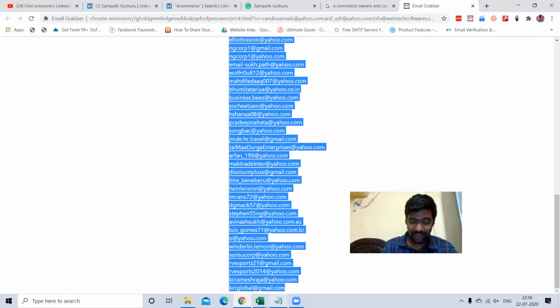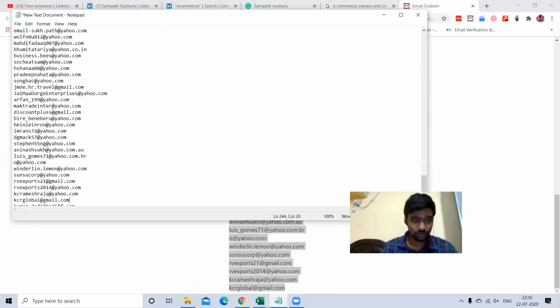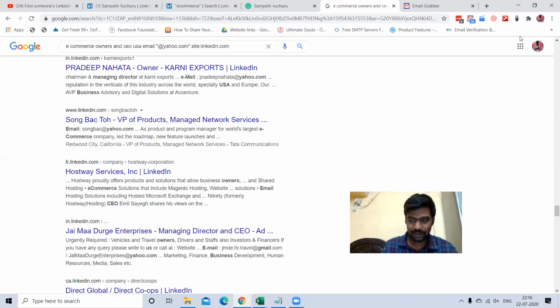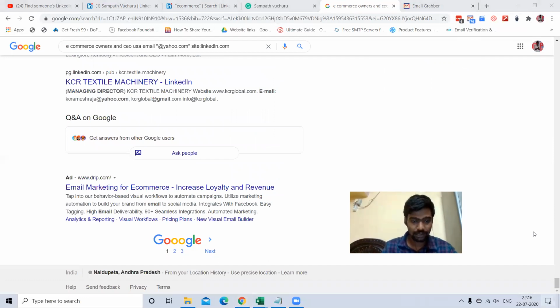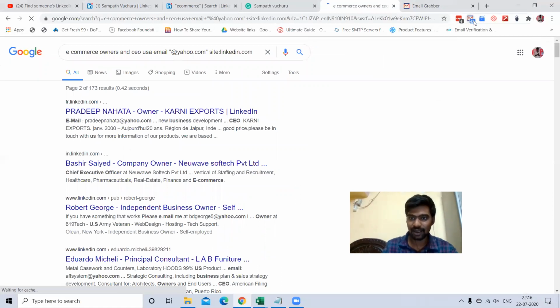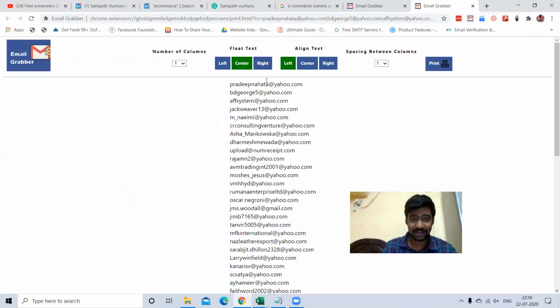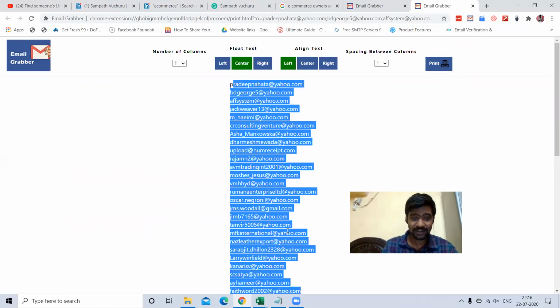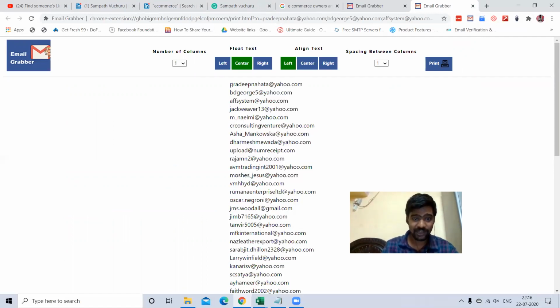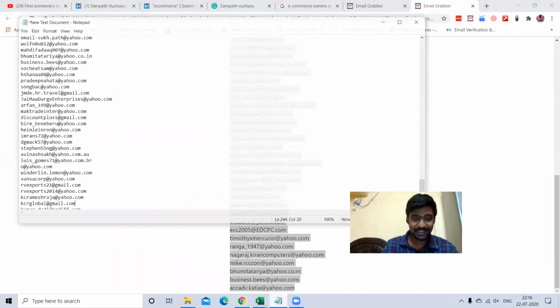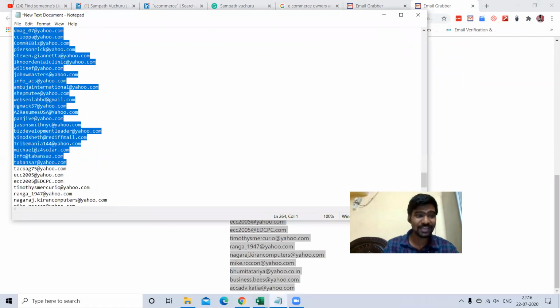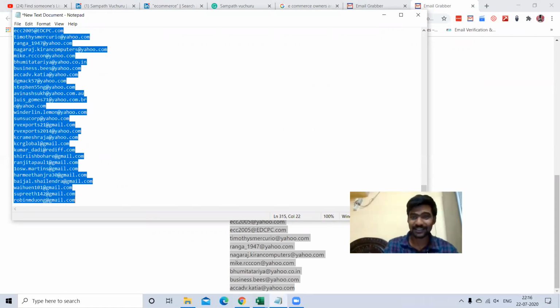See, earlier I copied only one page of Rediff results. You can go and collect the second page results also. The same like this, go to the second page and collect the second page results again. See, here again we are able to see 62 email addresses. Just copy all the email addresses and paste wherever you like. So in just a few minutes we are collecting all these email addresses. See how many emails we collected.